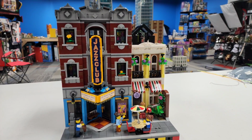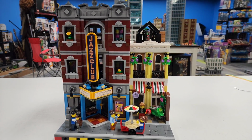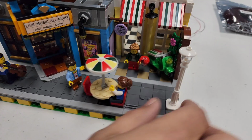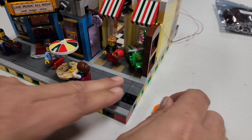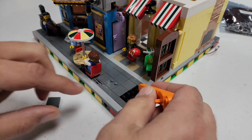Today we're going to be looking at how to install the Bevins Bricks lighting kit into the Jazz Club Lego set. Let's get started by taking off the floors above everything, and we're going to start specifically with the lamppost. We're going to be removing the tiles all the way up to the facade of the building,